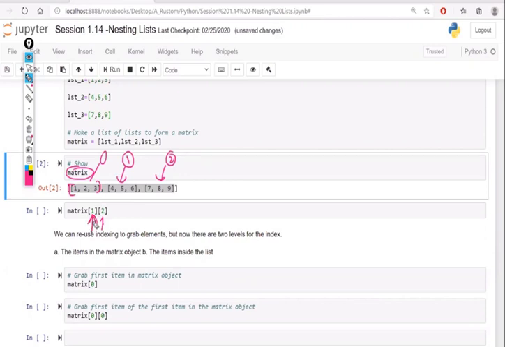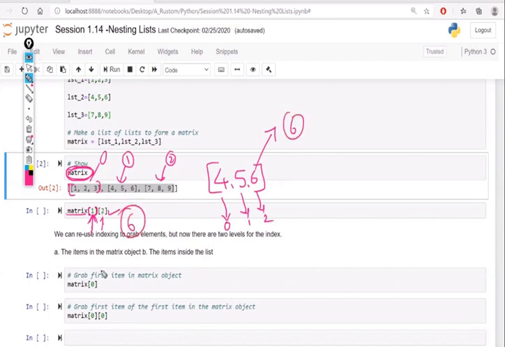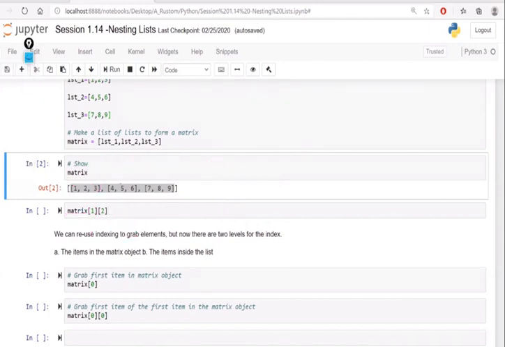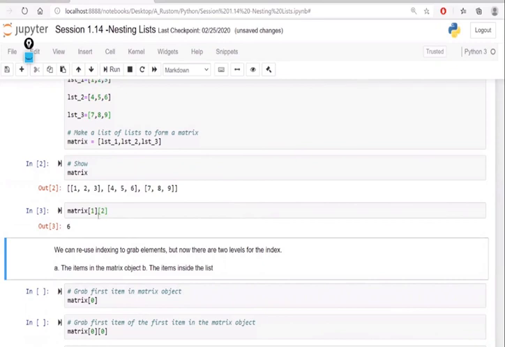So here I'm saying that in the matrix, you select the first index, so 4, 5, 6 will be selected because I have said 1, right? Within that, you select the second index. In this 4, 5, 6, again the indexes are 0, 1, and 2. So I said 2, then this one will be selected, right? So let's execute. This is how it is going to work, all right?